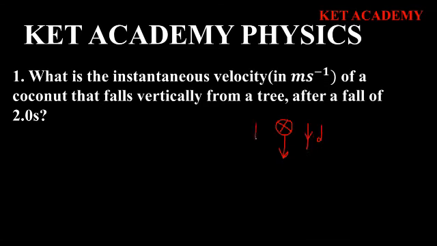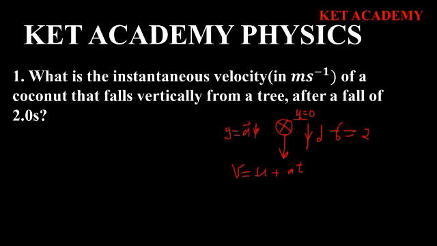Now we know that our acceleration always acts downward. The acceleration due to gravity, which is g, always acts downward. Now we have been given a time. We know our time is 2 seconds, and since it started from rest, then initially the velocity was 0. So we are going to look for an equation of motion relating time, acceleration, and initial velocity. So we know from the equation of motion, v equal to u plus at,